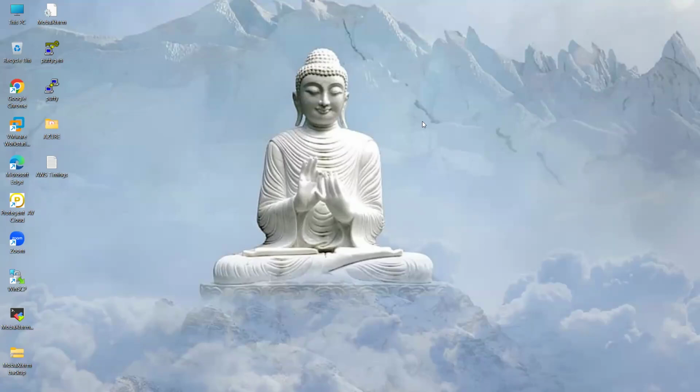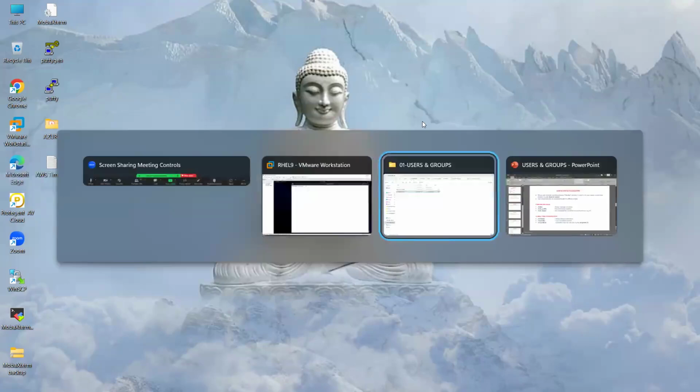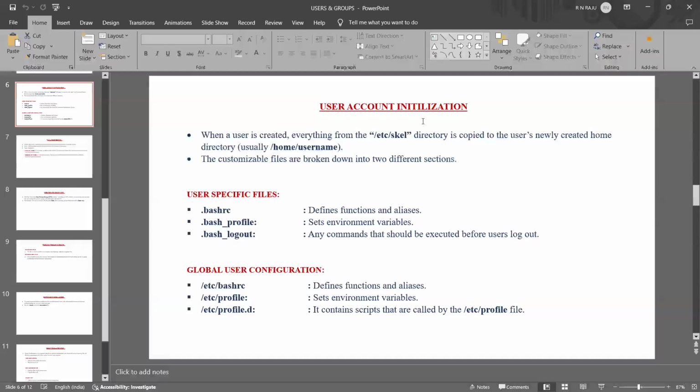Now, continuing the chapter today, one more important thing from user administration: the user account initialization part. So what is meant by user account initialization? This is a very important part, especially for admin level and for those looking for experienced users. When a user is created, everything from this